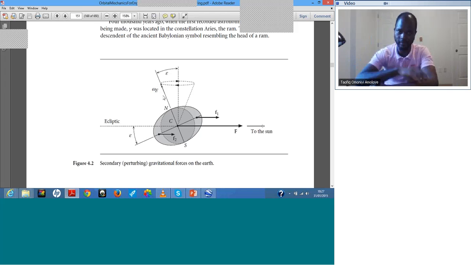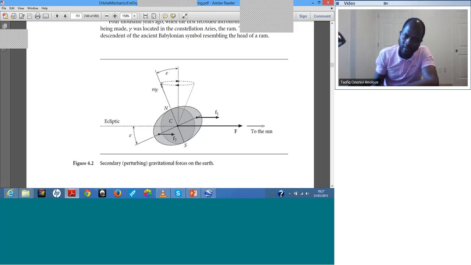That's the principle of a gyroscope. So we'll see a video shortly. So because the Earth is spinning, it doesn't allow the ecliptic plane to close up with the equatorial plane. But what then happens, because the moment generated is still there,